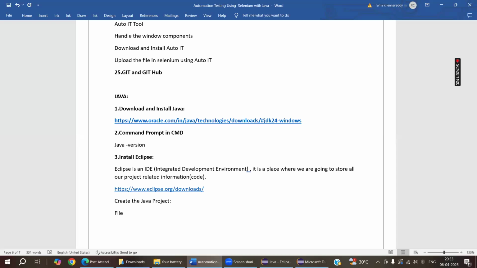How to create the Java project? First, you can go to the file menu. Then click on new. Then click on Java project. This is the first method. And the second method is,